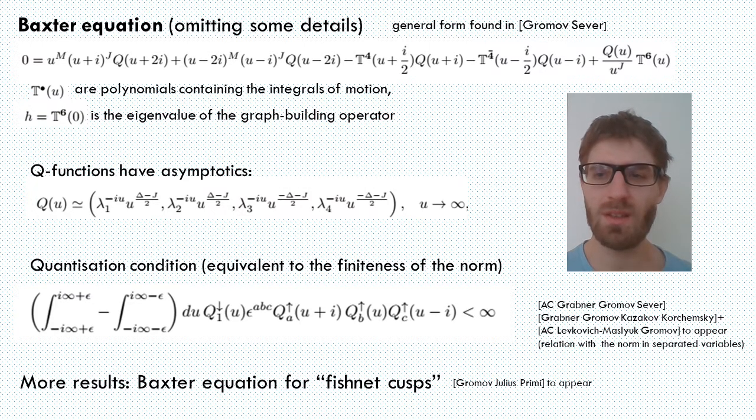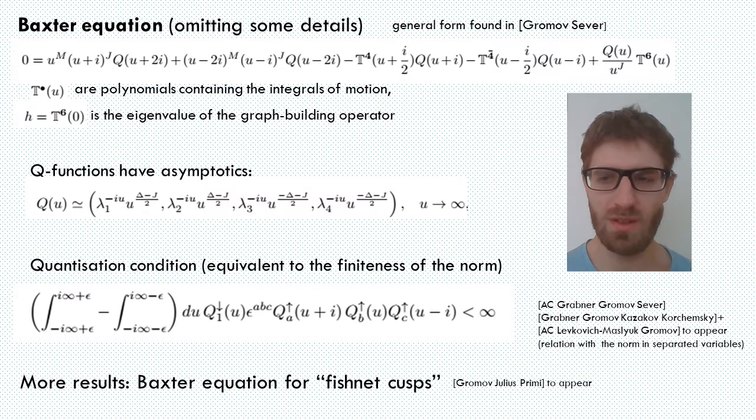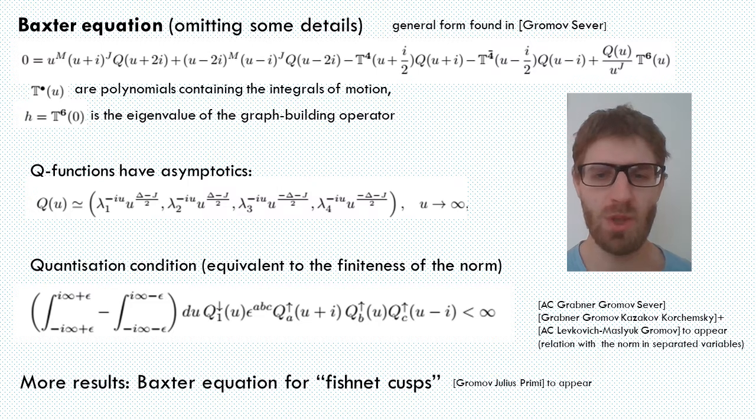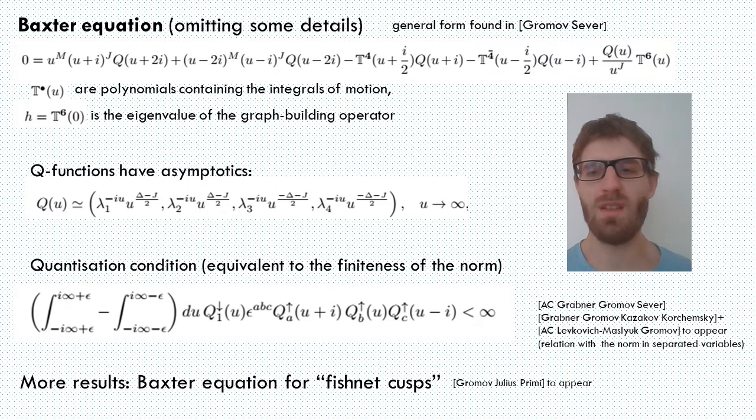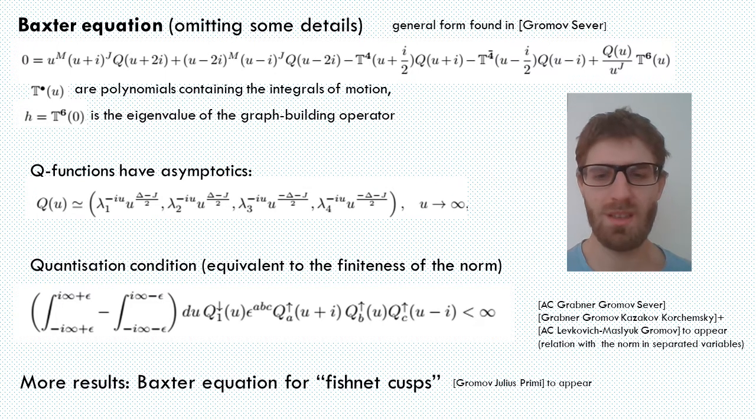This is thanks to the fact that they share a common structure in many integrable models, which involves the commuting transfer matrices I mentioned at the beginning of the talk. The precise form of the Baxter equations for general operators in the Fishnet model was deduced by Kolya and Amit. Here I am omitting some details, but importantly, the T functions are the eigenvalues of the transfer matrices and they are polynomials in the spectral parameter.